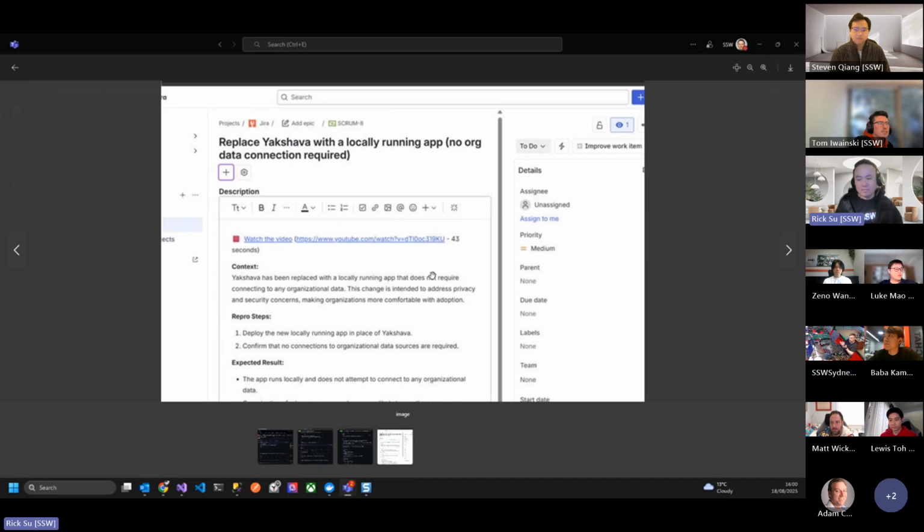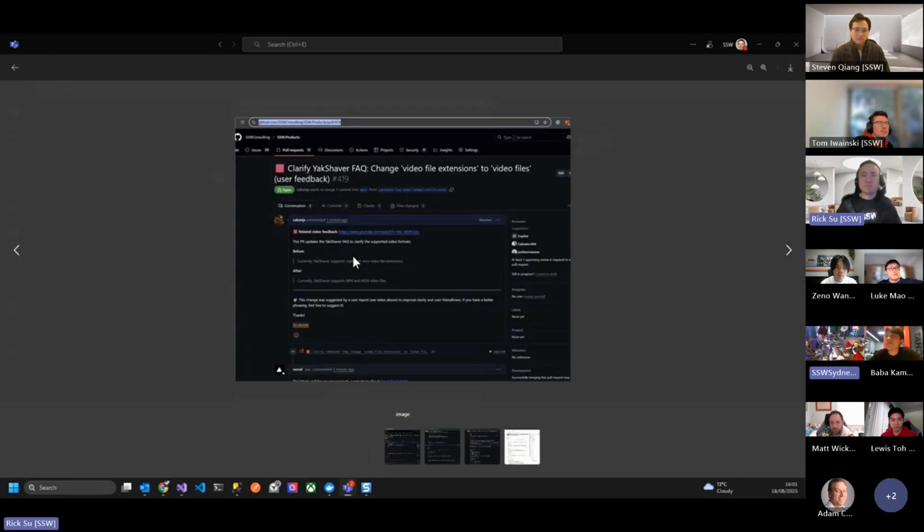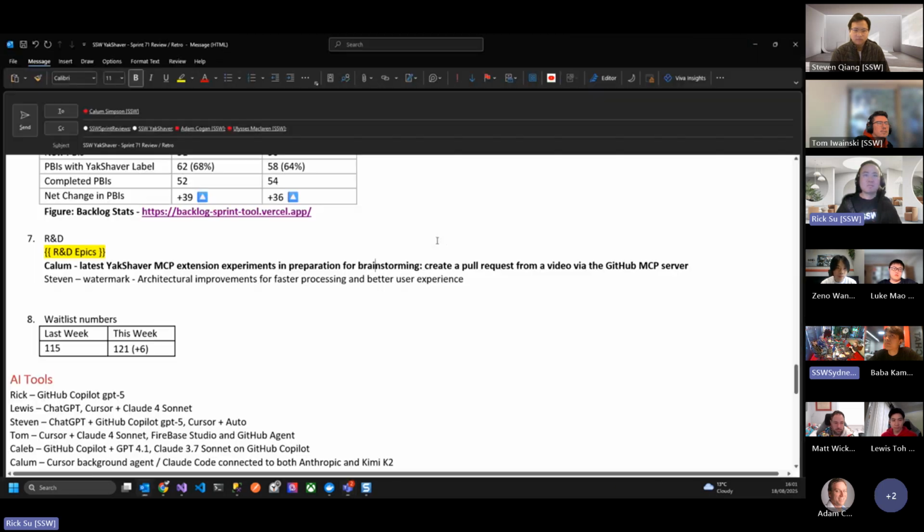And yeah, that's pretty much it. Right. Okay. Rick, can you paste those 3 images into the sprint review, and I will ask Callum a question in the meantime. Yes. So if you use this MCP server,